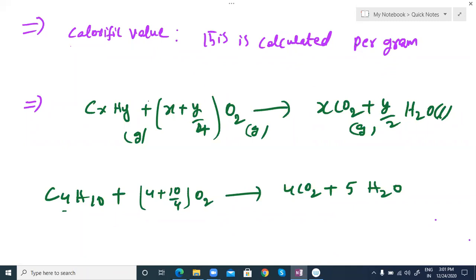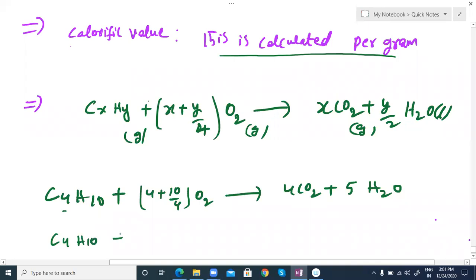Yes, I'm giving it, sir, I'm discussing here. Calorific value means this is calculated per gram. I'm going to discuss it, sir, I have not completed this point first. How to balance the equation for combustion? I'm giving that first. So this is for combustion. What value are you getting here? C4H10 means 4 CO2, sir, 8 oxygens plus 5, 8 plus 5, 13. Is it correct? 13 by 2 O2 we will get, sir. Finally, 4 CO2 plus 5 H2O.